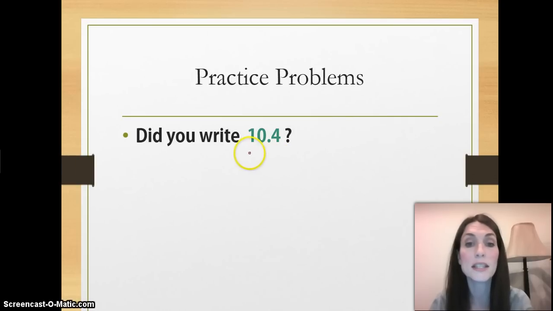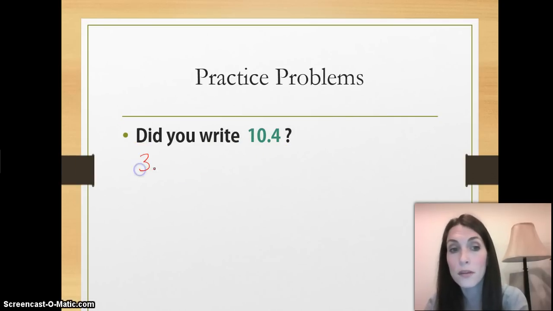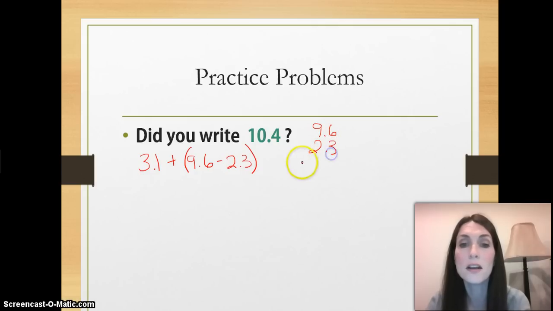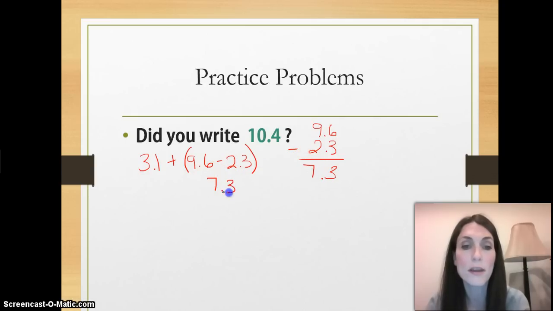Okay, did you write 10 4/10? Well, let's rewrite that original problem. 3 1/10 plus 9 6/10 minus 2 3/10 in parentheses. So if I work this using PEMDAS, I know I need to do the work that's in the parentheses first. So I'm going to subtract 2 3/10 from 9 6/10, and that is going to give me 7 3/10. So I'm going to write that right underneath that part of the problem, so I know that I've worked that